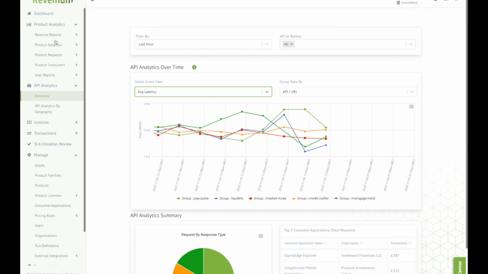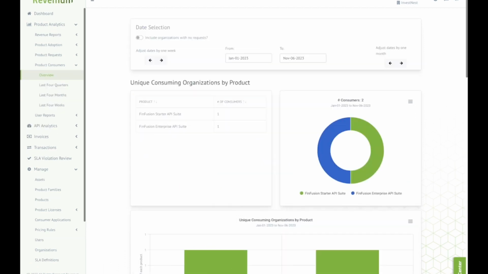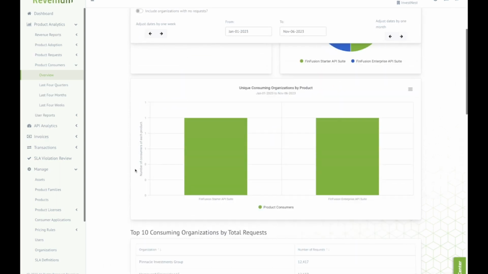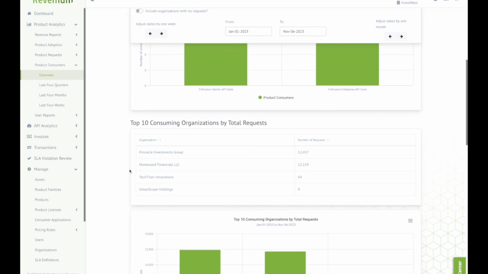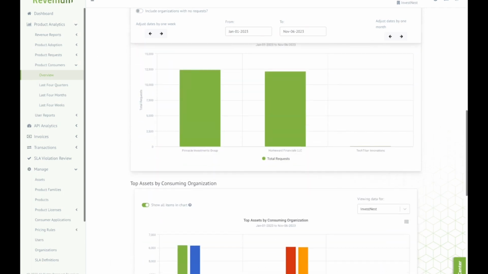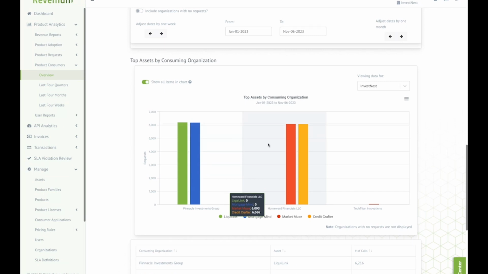Next, we're going to drill down into each of these areas in the product analytics section, which is a bit more advanced user level analytics to show how the products that are being monetized are being used. So here we can see the number of customers that are subscribed to each of our products today. In this demo, it's fairly simple, but for every product you have, you can see the number of consumers that are subscribed to it, and the amount of requests being made by each of your end user customers. And then like we showed on the front page, there's a repeat of that report we saw earlier.